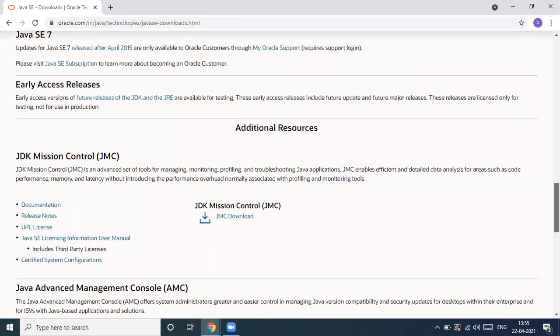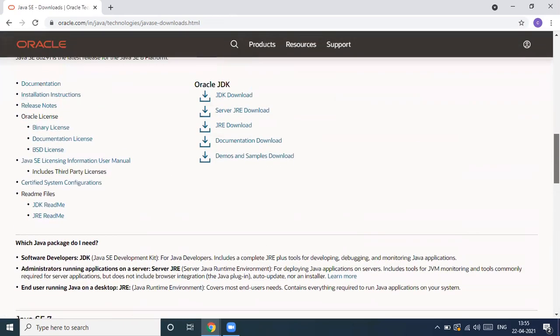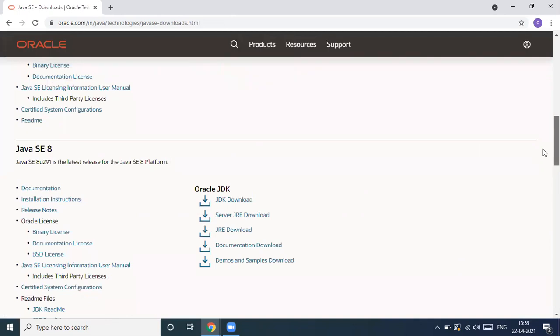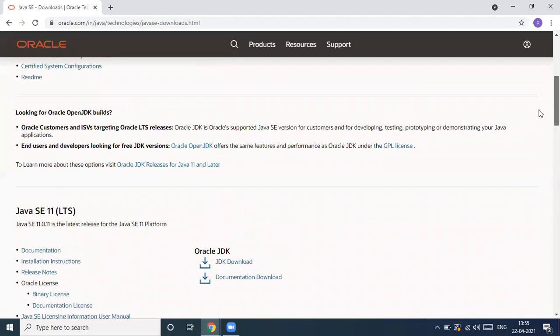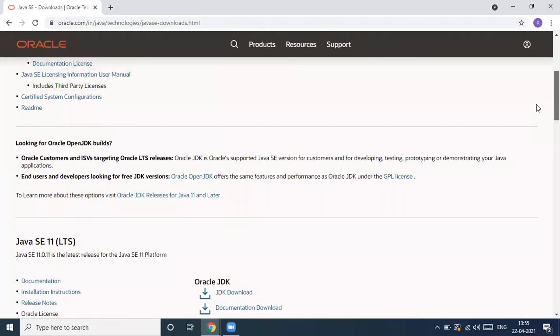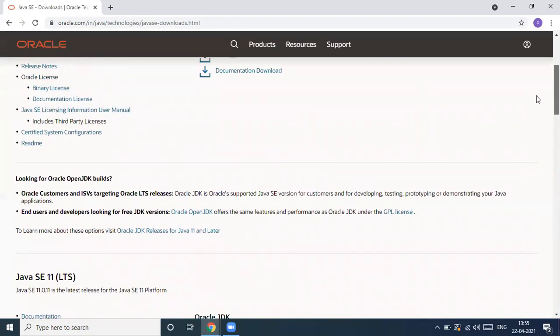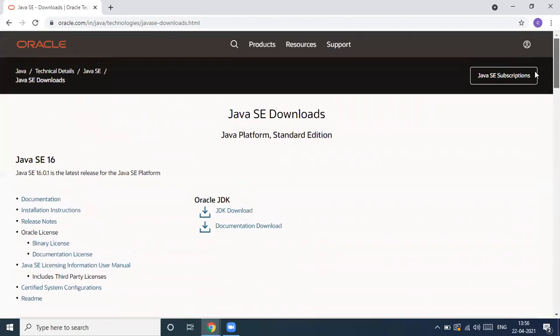and the other versions, there is no point in downloading them. Always make sure you're downloading 8. The minimum version that you are allowed to download is 8 or above. Why? Because no industry is working upon any version other than 8 and above. So make sure you always download the latest version.